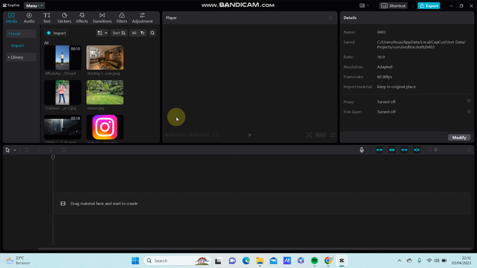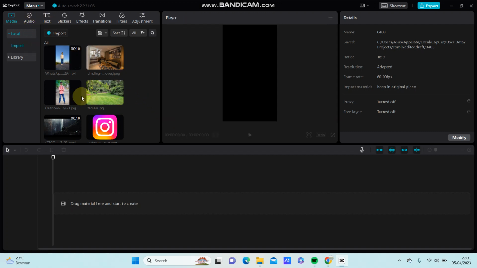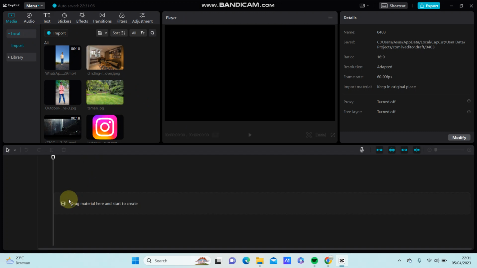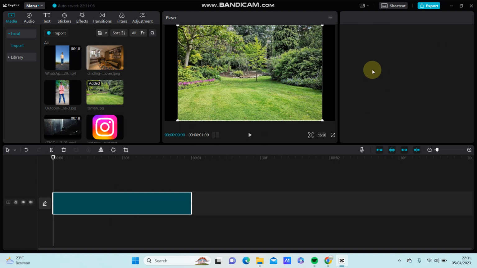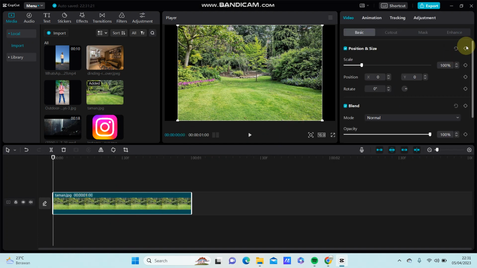Hello everyone, in this video I'm going to show you how you can use the keyframe button in CapCut for a PC. Alright, so select your element to the right and you can find the keyframe button. Just click on the clip and you can see the position and size. Here's the keyframe button. You can click add to make the